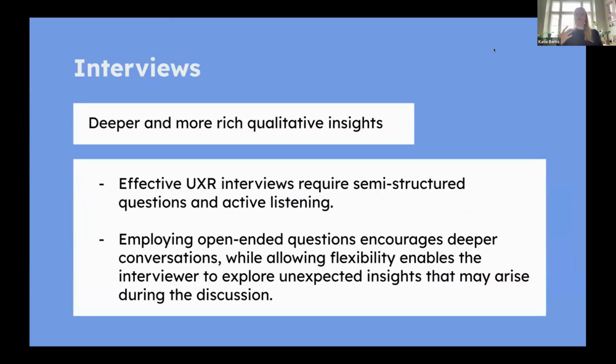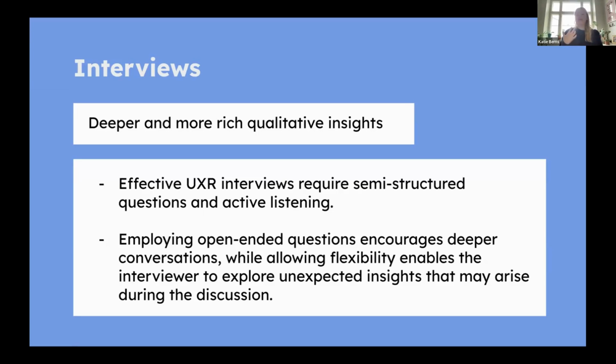And then we'd also might use interviews. And I know this is something you guys are planning to do in some of the next stages of your process, to gain deeper and richer qualitative insights into your user groups. So here, I don't know how familiar people are with conducting interviews in this setting, but for effective user research